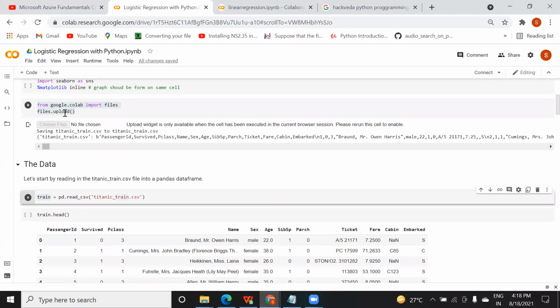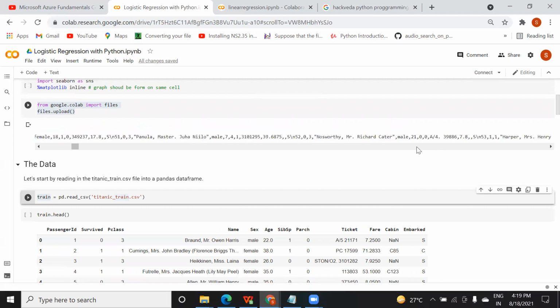हाँ तो ये जो फंक्शन है, मतलब ये जो हम यूज कर रहे हैं, files.upload, ये सिर्फ गूगल कोलैब में अपलोड करने के लिए है, रीड करने के लिए नहीं है। ये सिर्फ अपलोड कर रहे हैं आप, ठीक है? ये अपलोड करके फाइल के कॉलम को चेक कर लेता है। जैसे आपने अपलोड करने के बाद ये बताएगा कि ये मेरी फाइल है, इसमें कौन कौन से कॉलम हैं, क्या क्या डेटा है, ऐसा ही आपको पूरा दिखा देगा एक साथ।